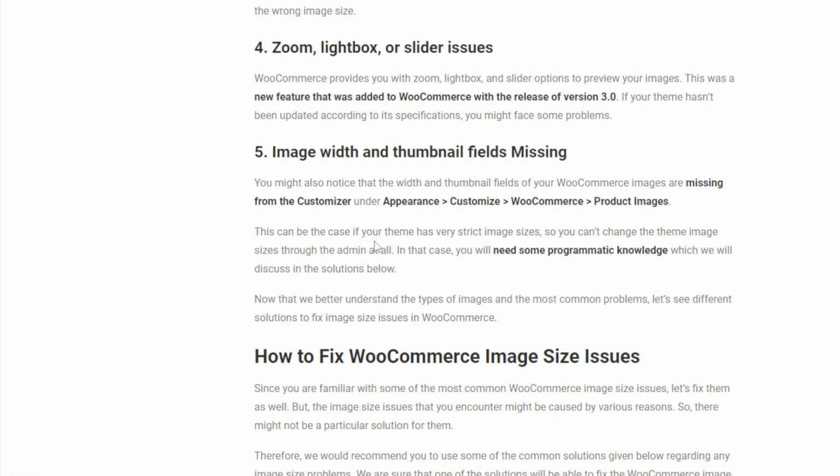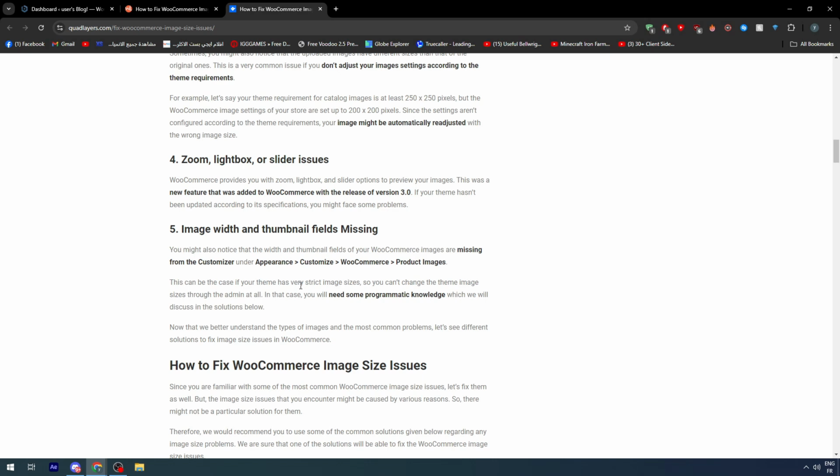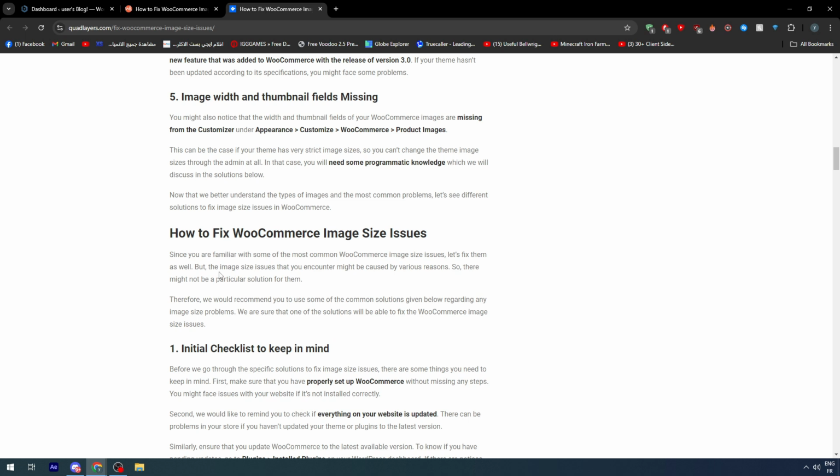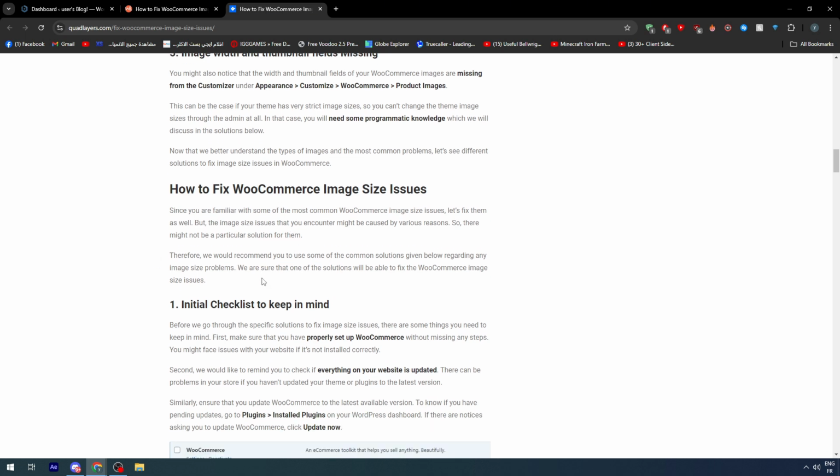This can be the case if your theme has very strict image sizes, so you can't change the theme image sizes throughout the admin at all. In this case, you will need some programmatic knowledge, which we will discuss in the solutions below. Now, how can we fix everything that we mentioned? Well,